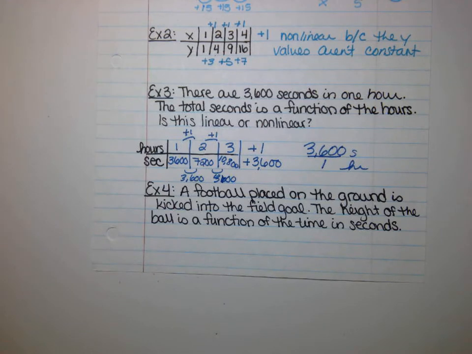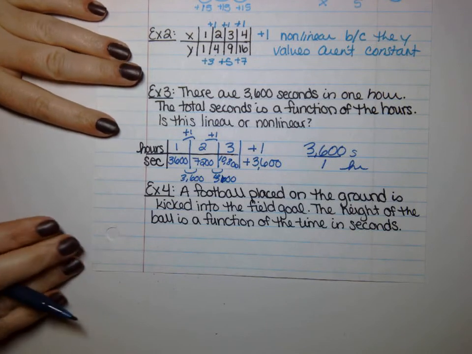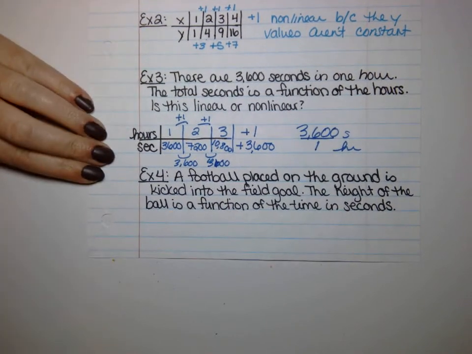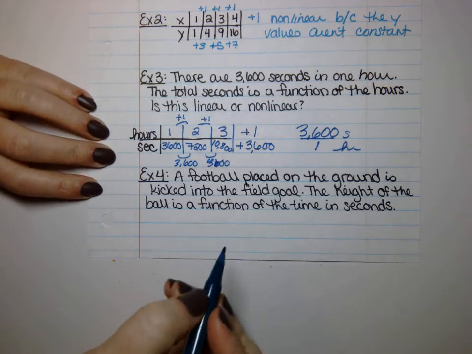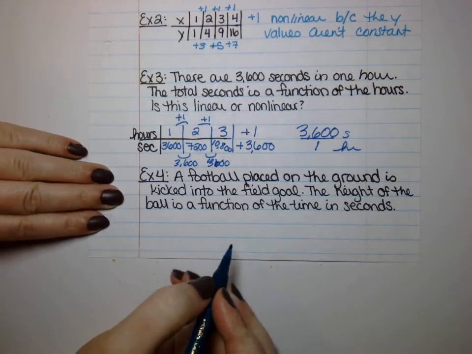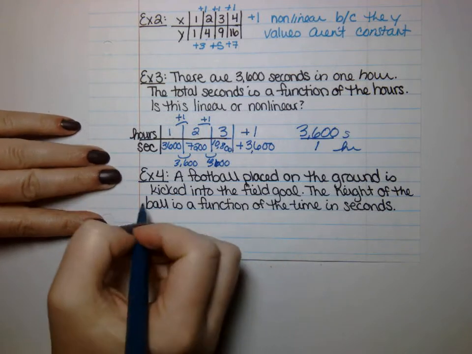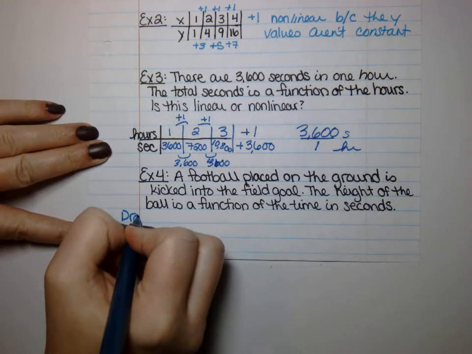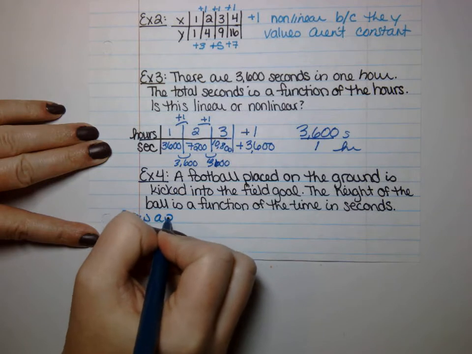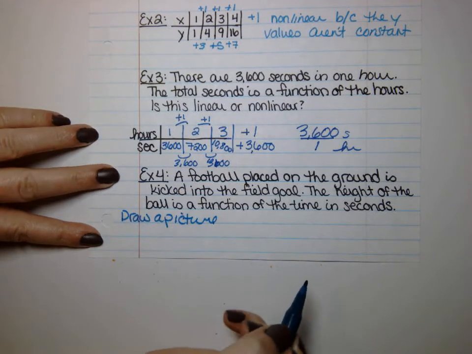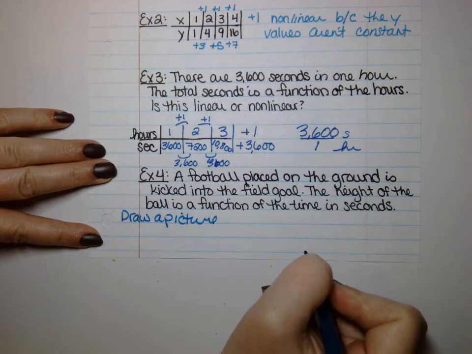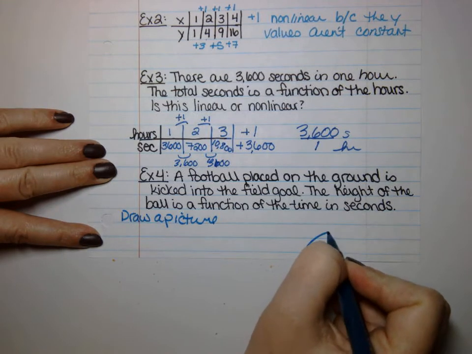And for example 4, it says a football placed on the ground is kicked into the field goal. The height of the ball is a function of the time in seconds. So if you think about it, this would be drawing a picture. If you draw a picture, it's going to help visualize things. If you have a football down here and you are kicking it into a field goal,